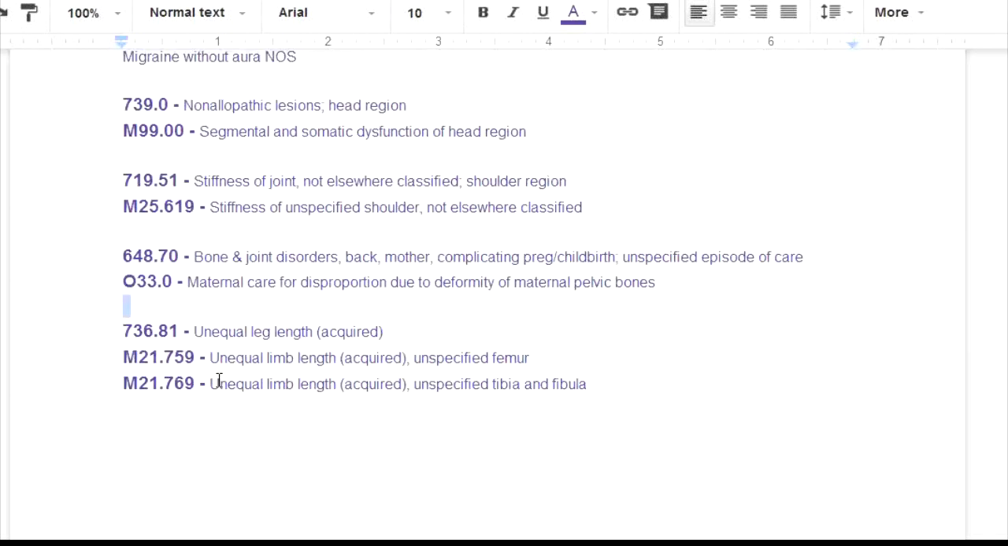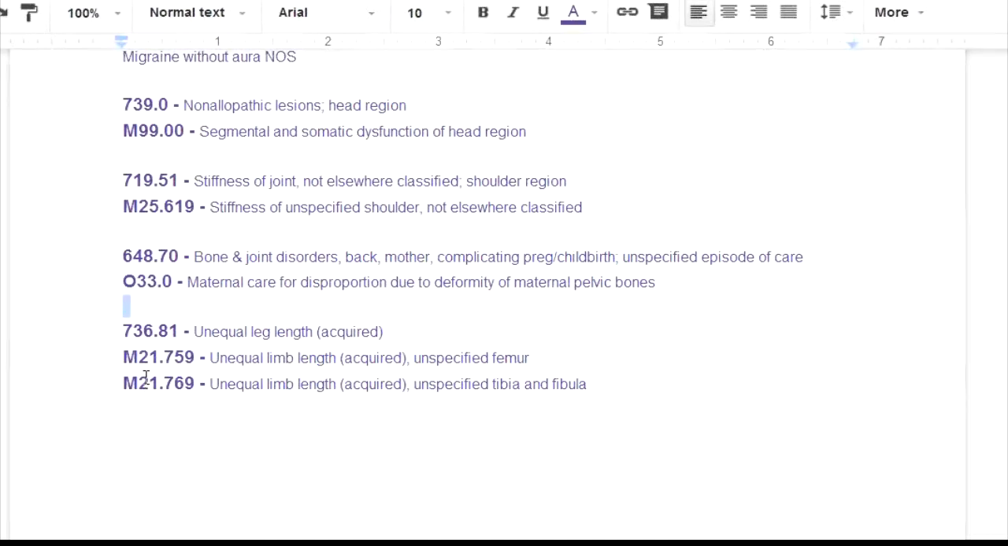How about this one? This is one I know that people go to the chiropractor often for, unequal leg length, because you see them sit down on that bed and they fiddle with your legs and then they pull, and sure enough, it never fails. One leg is longer than the other. 736.81,